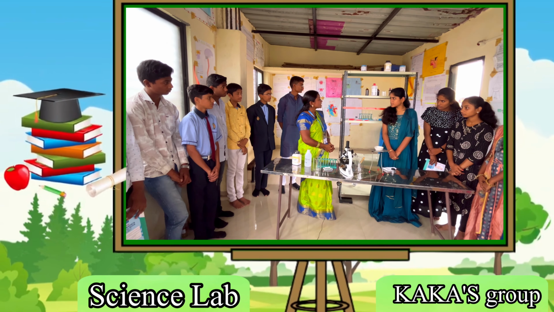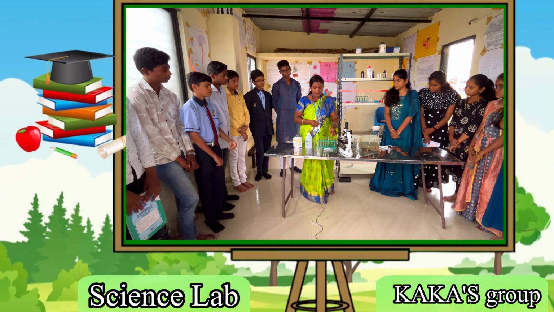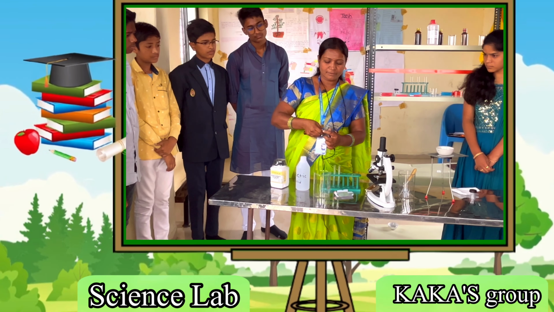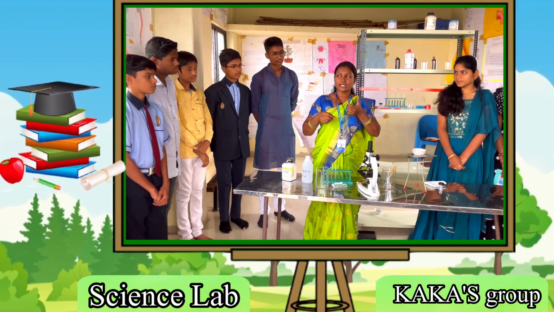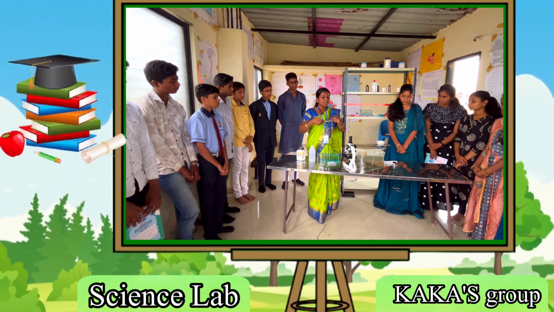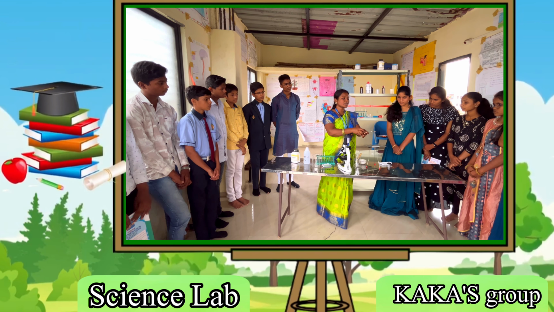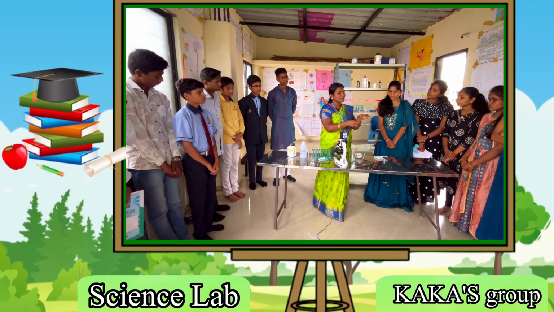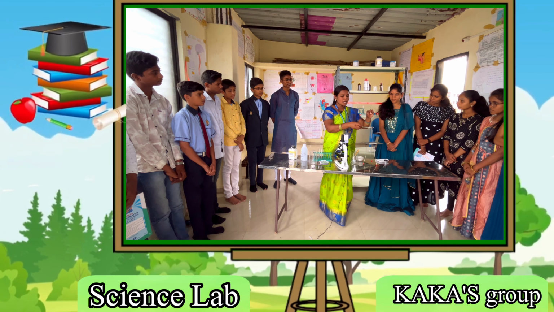Then another, these are another experiment of our lab. This is the test tube stand. Means what? This is how we put the test tube in our stand. Okay, when we do any solution or chemical reaction, mixing two chemicals, and when we heat this reaction, then in this test tube two chemicals combine with each other. Okay, means what? Sodium hydroxide with HCl. When we combine these in this test tube and heat them, then we get another chemical.